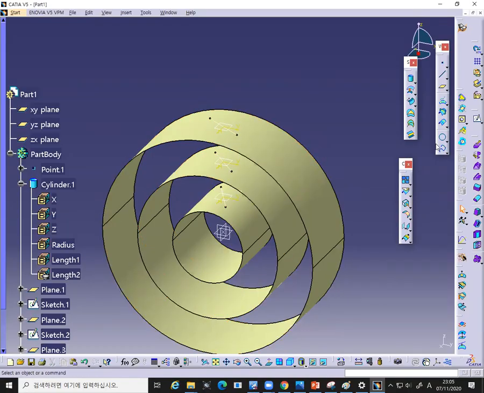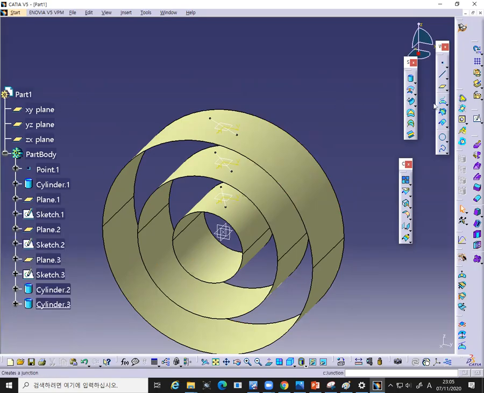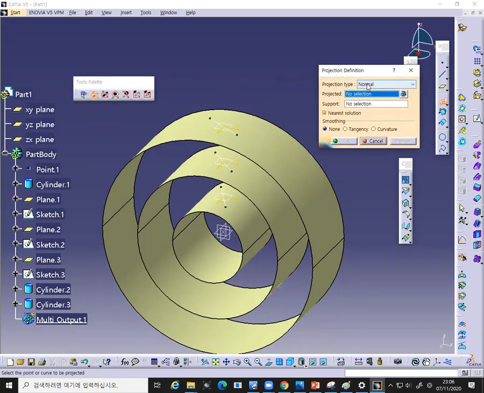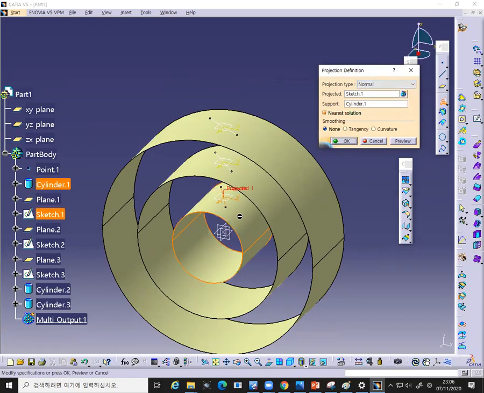Okay, so we need to have 3 projections. 3 lines, 3 projections, 3 cylinders. So projection, normal type projection, normal. So project this one to here, click on OK. Yes, so the projected one is sketch 1, right? Sketch 1, cylinder 1. Okay, support is cylinder 1. So click on OK,